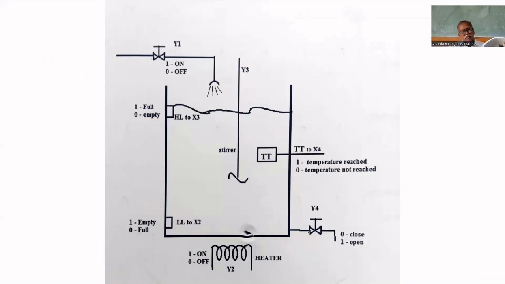This is the second program, second experiment: programming a PLC for a batch process. Batch process means, you know the difference, you already studied process control, that's why you know the difference between batch